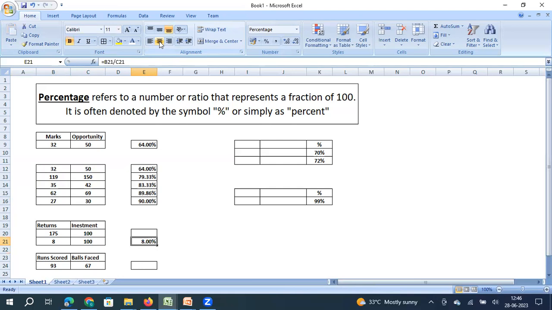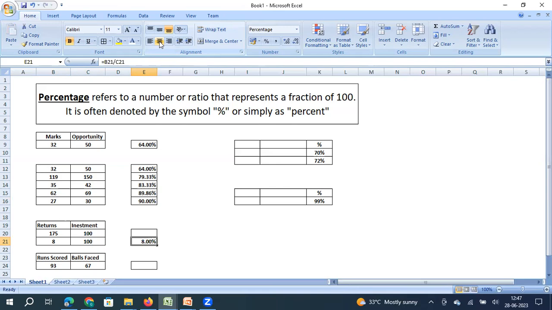So I call it, this particular investment gave me a return of 8%. Great. Let's say I make an investment on a stock. Today, the price of the stock is, let's say, 100 rupees. I bought one stock for 100 rupees. Now the business does very well and the stock price has increased to